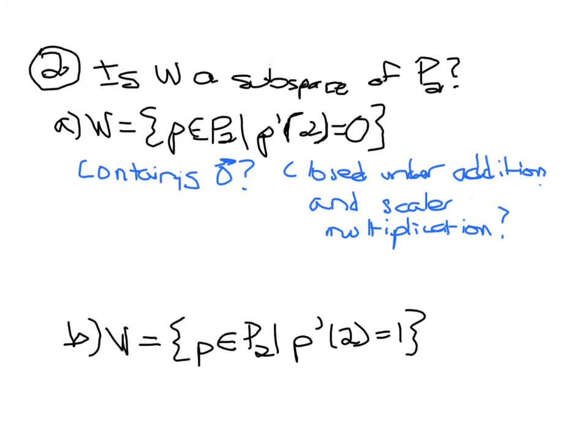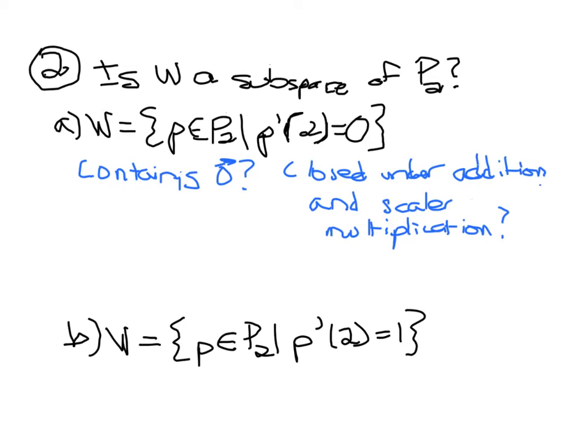collection of polynomials, P2. Now, P2 is known to be a vector space. It's one of our standard vector spaces. It meets all 10 of those axioms that are required of a vector space. And so the question is going to be whether this subset that meets this additional criteria, so in the case of A, we're talking about the polynomials degree 2 or lower, such that the derivative of the polynomial at 2 is equal to 0. We want to determine whether this subset of P2 itself constitutes a vector space,